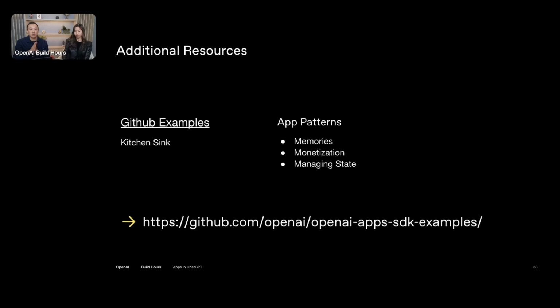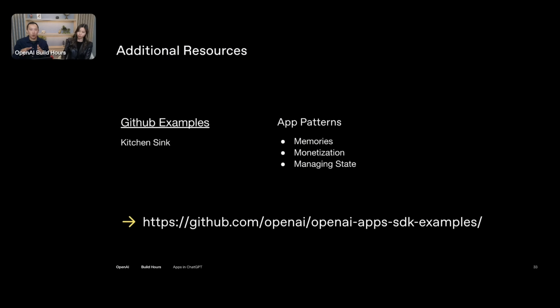So here are some additional resources. We have our GitHub examples. One of those in particular is Kitchen Sink, which is a very simple, not super styled ChatGPT app example, but it does implement all the different window.openai capabilities that allow you to do something within the UI. So it shows you how you can interact with state, how you can open up full screen mode, picture-in-picture, open an external link, and then you can take those examples and implement that in your own app if you think it's a valuable experience that you would like to do today.